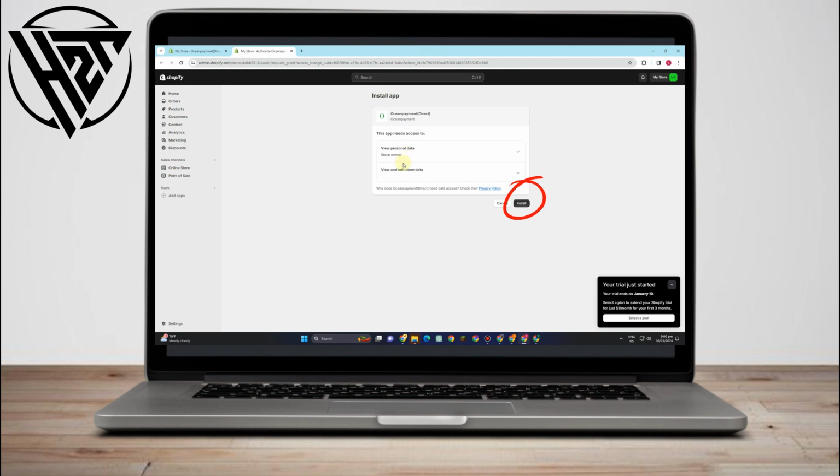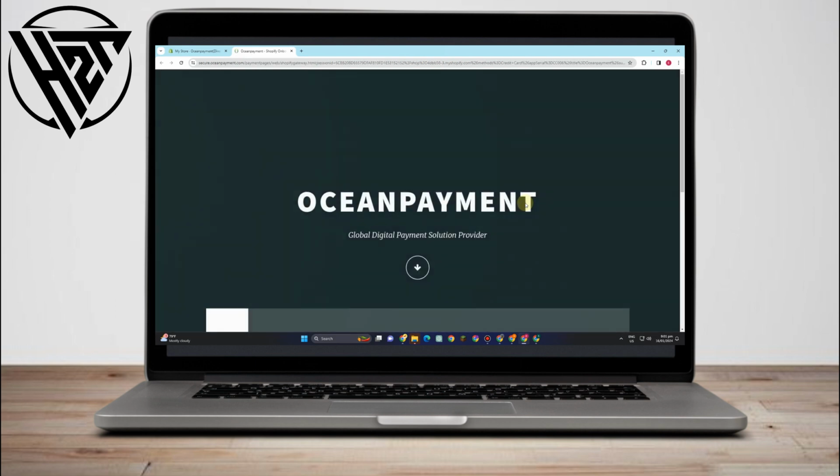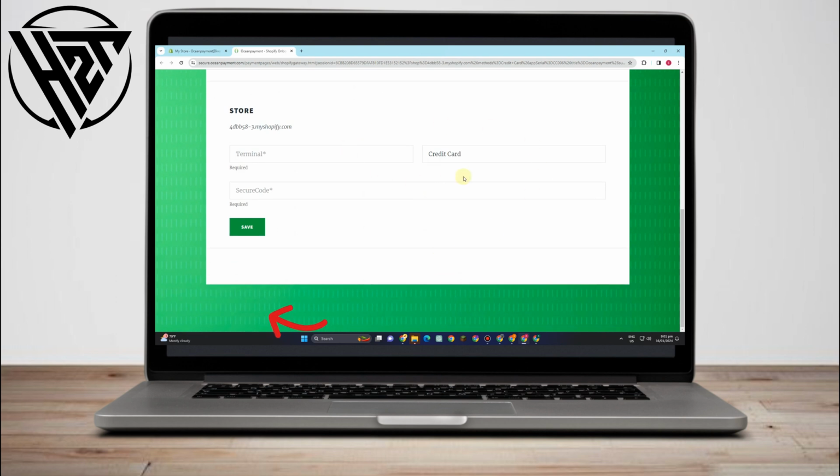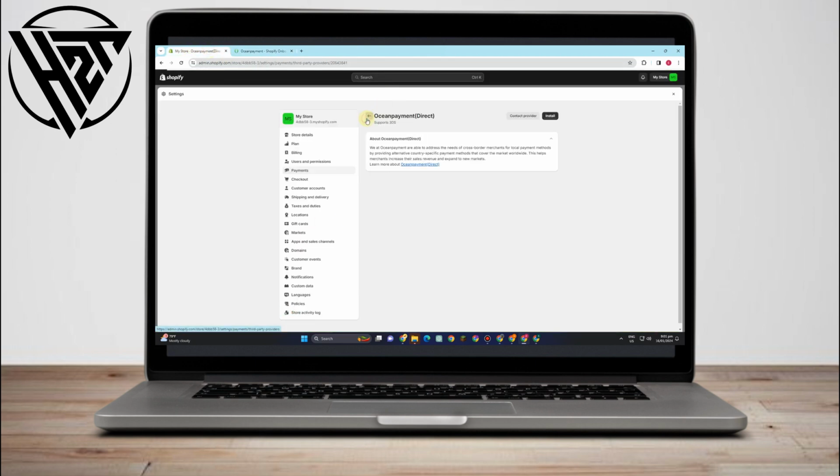Okay, click install again. And then what you want to do is to simply add some information. And what are those information? Those information is of course just basic, and all you have to do is to fill in those information here. Okay, and then once done, click save. Now you can go back to your Shopify store and see that this payment method or provider has been linked